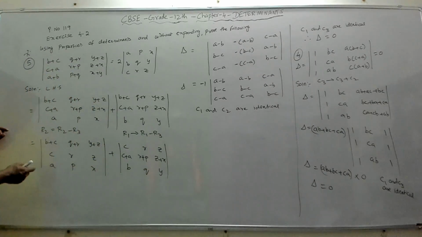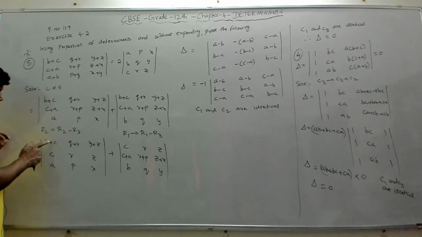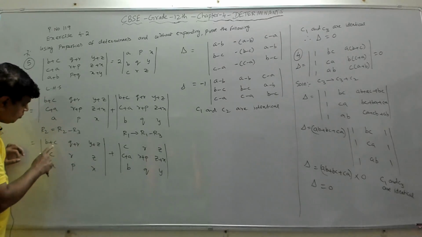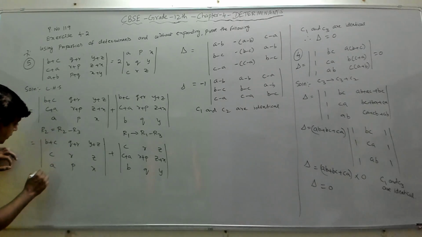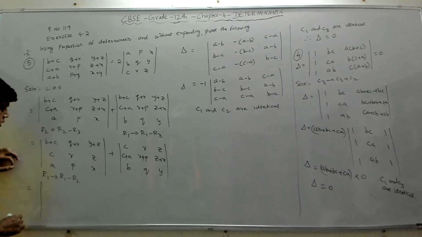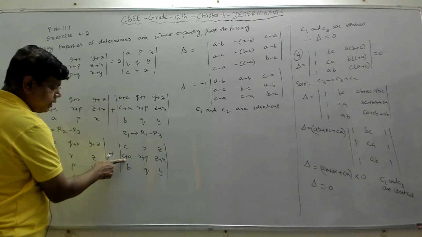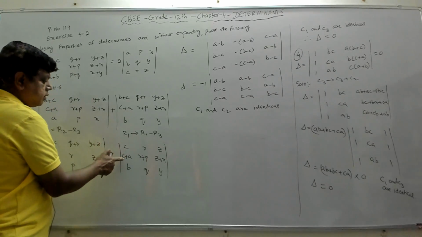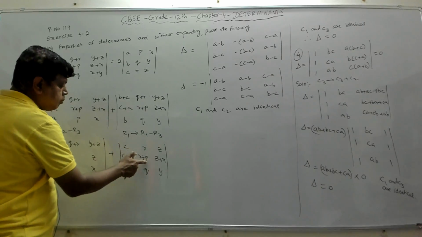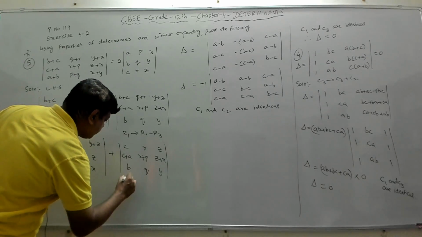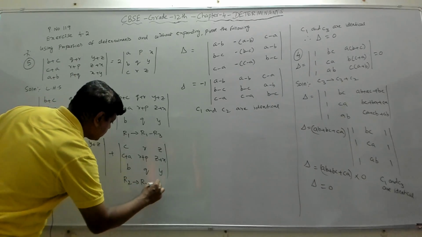Now again if you observe, I can make this B by doing R1 as R1 minus R2. B plus C minus C will give me B. So here again I am going to apply the operation R1 implies R1 minus R2. And here I want only A, which means I don't want C. C is here, so subtract this. R2 is R2 minus R1. C plus A minus C will give you A. Similarly, R plus P minus R will give you P. So here we are going to apply R2 implies R2 minus R1.